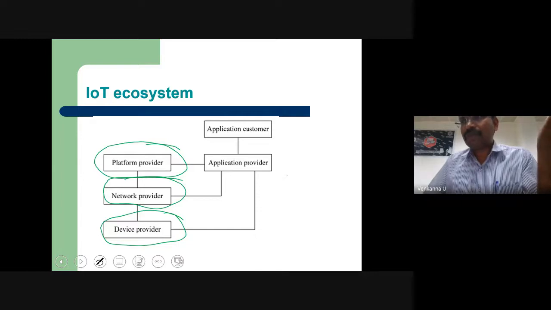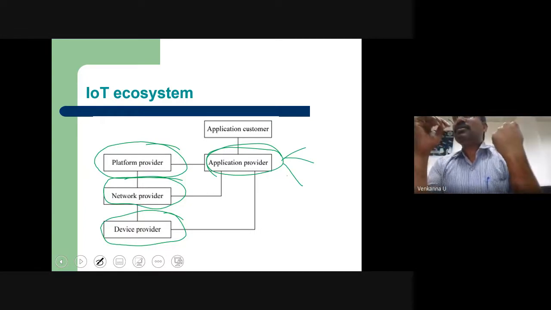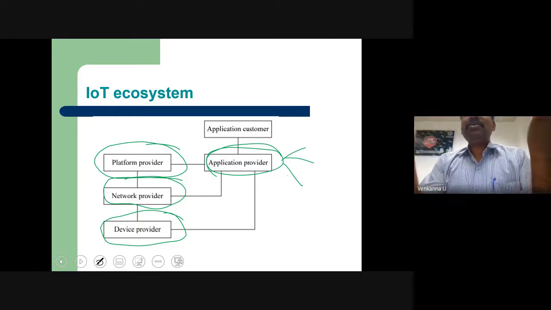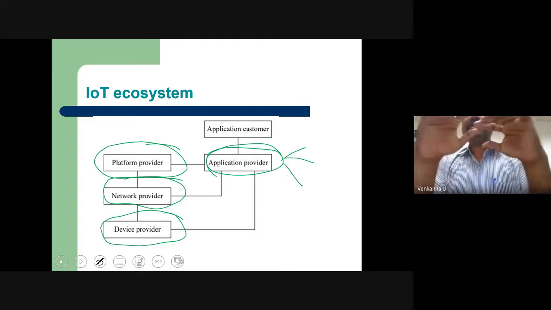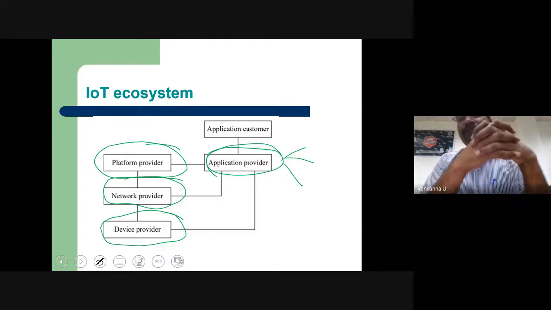Somebody provided an interface called Google Chrome, or some other platform, so that I am able to communicate to the internet flawlessly. So the device is there, the network is there, the platform is there. That is for some kind of application. The applications can be many. Just look around you: everything can be connected to the internet with the help of IoT applications.